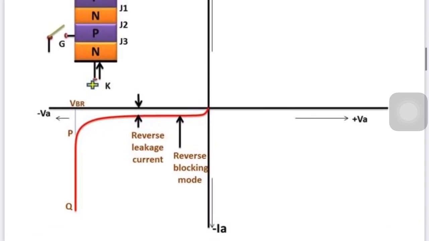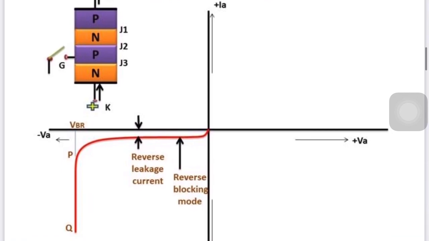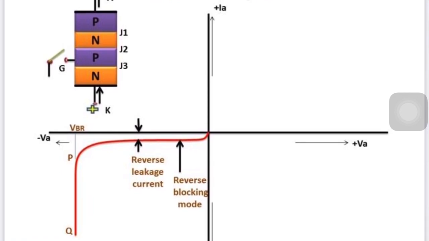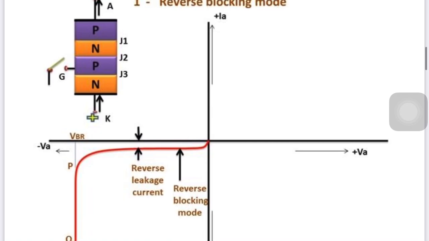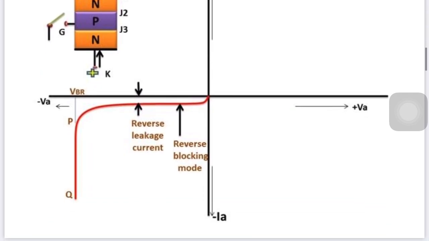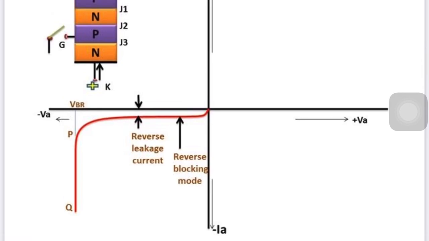So you can see the characteristics are drawn with the axes of anode current versus anode voltage, that is, anode to cathode voltage. Here is a negative axis, so negative voltage is applied. Actually we are changing the terminals over here, so that's why it is negative VAK, anode to cathode voltage. Now you can see the voltage is gradually increased, and there is a negative IA current. It starts from 0, but there is some current. Actually there is no need for current to flow from cathode to anode, but there is still current flow, which is called the reverse leakage current.